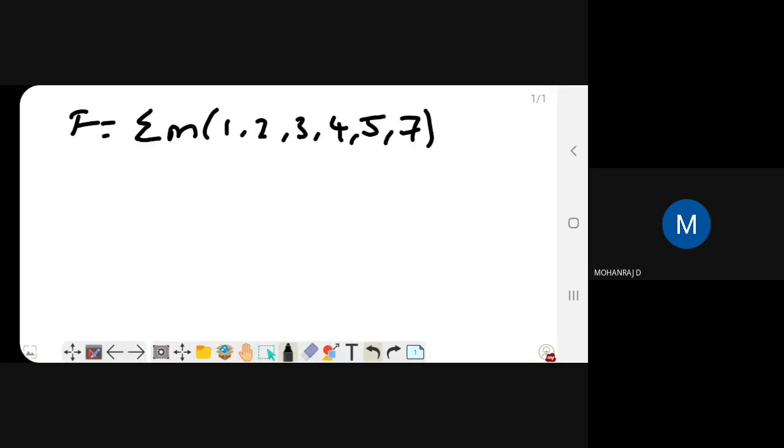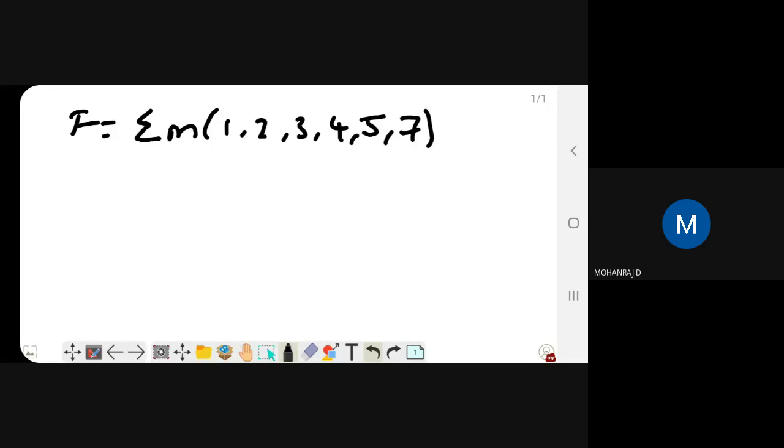Either NAND or NOR, I am saying either NAND or NOR. The question may be like: simplify the given expression and implement the same using NOR gate. Okay, so this is the question.